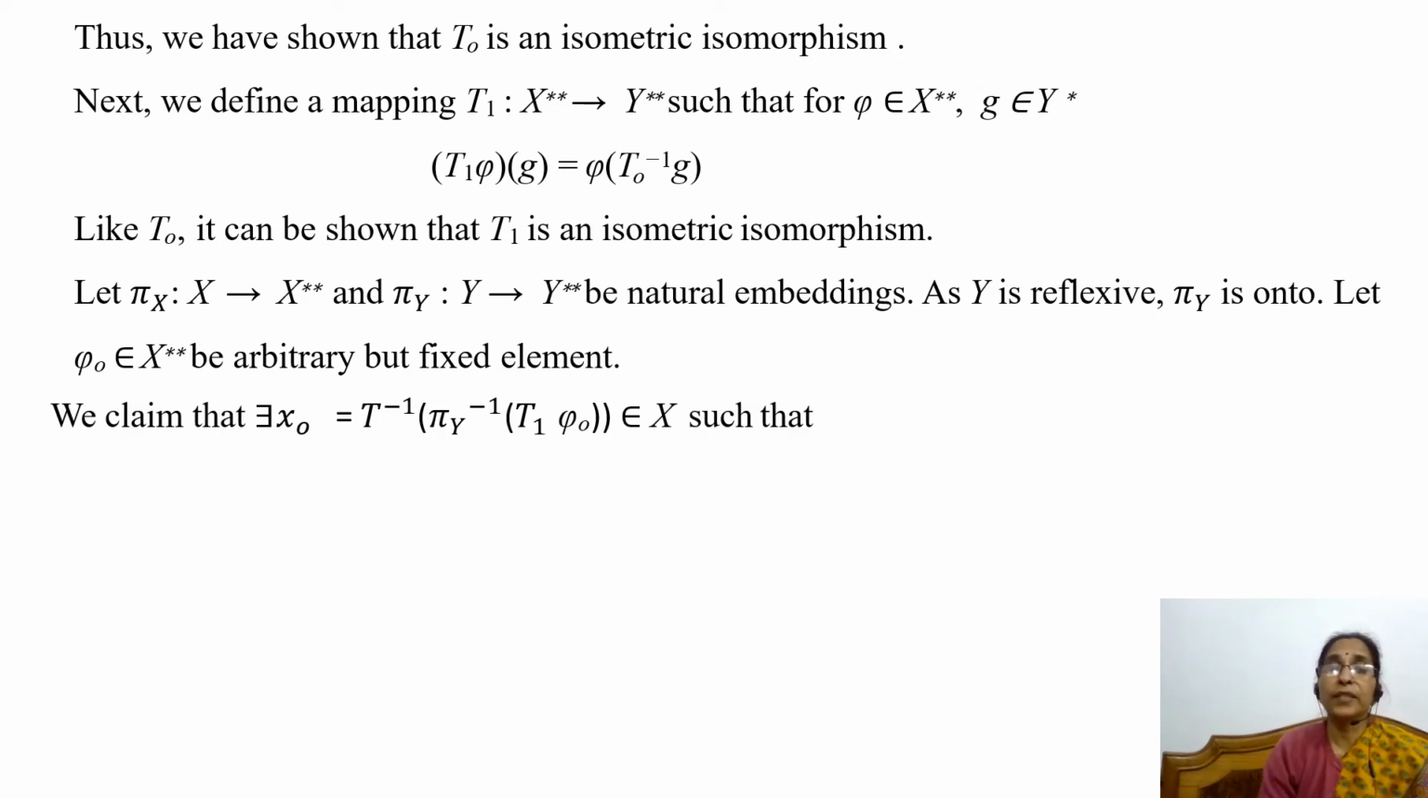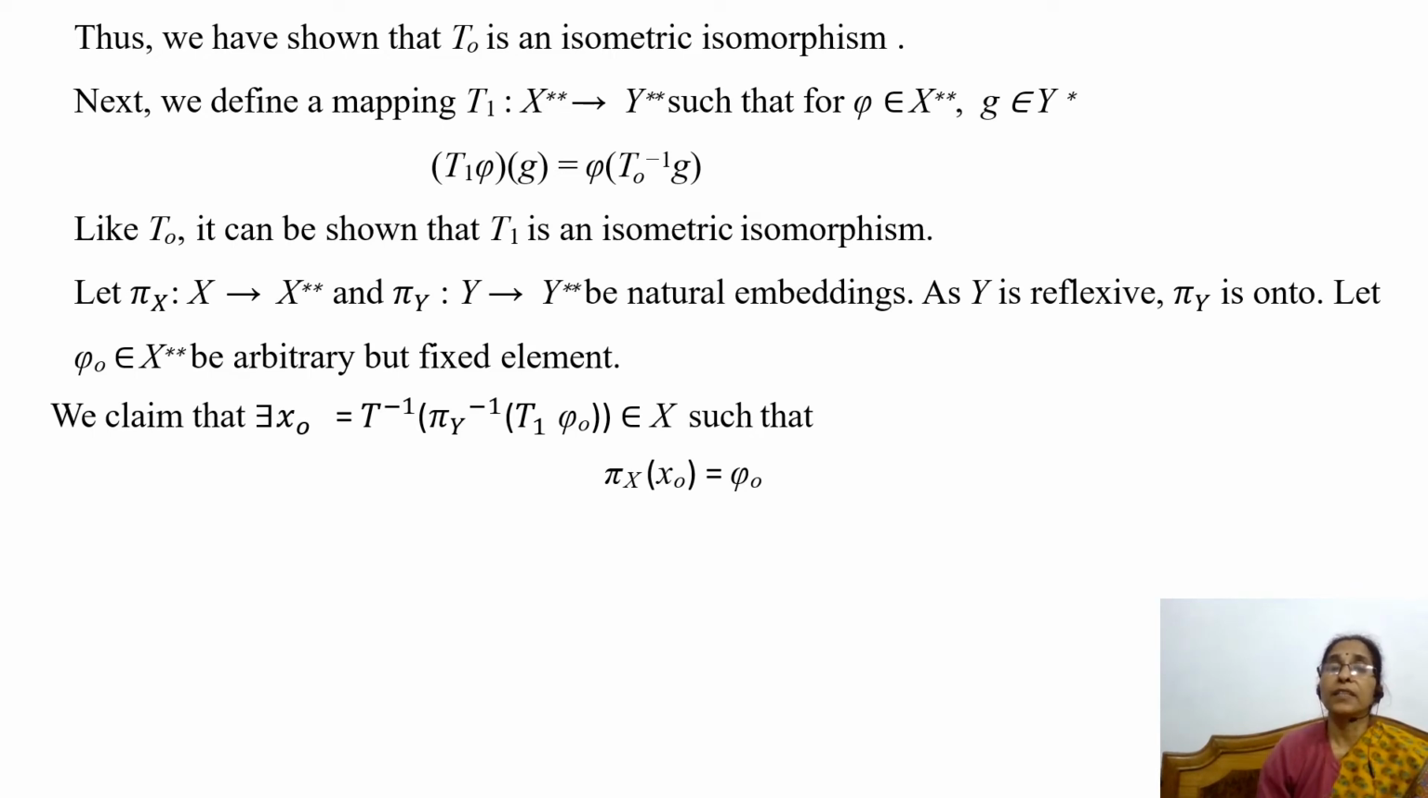So we claim that there exists x naught that is equal to T inverse of pi y inverse of T1 phi naught in X, such that pi x of x naught is equal to phi naught. So we have to show that the image of x naught under pi x is phi naught. And here